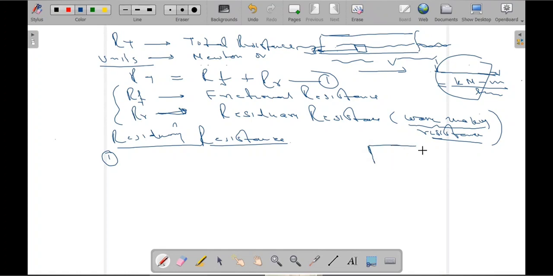Please don't think that this is the shape of the vessel. This is to represent exactly what we are trying to understand. I'm looking from the top. If this is a vessel, as the vessel moves in the forward direction,